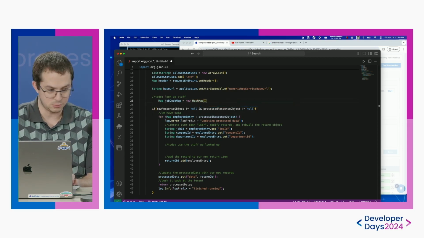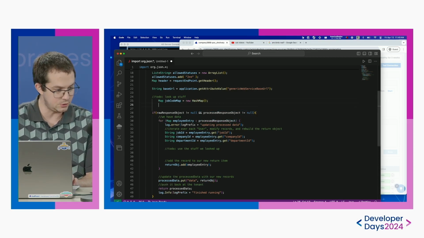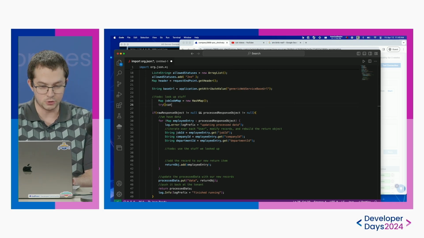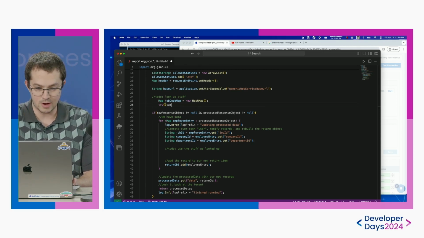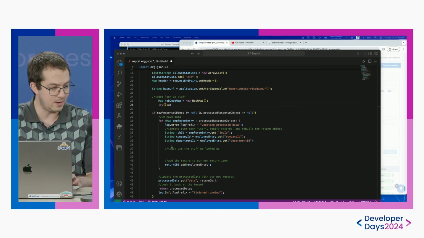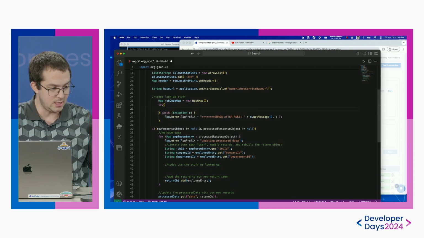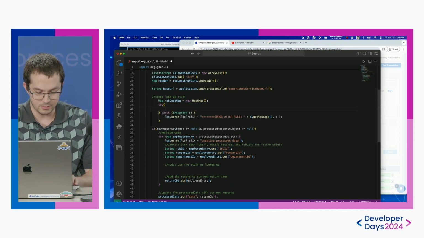Make a new hash map. So we're going to end up stuffing values into that value there. Personal preference: when I am doing these map projects or doing extra lookups, I will try and throw these into a try catch, just to make sure that we are able to do what we need. Just so that we actually do individually catch these. So now that we have that,